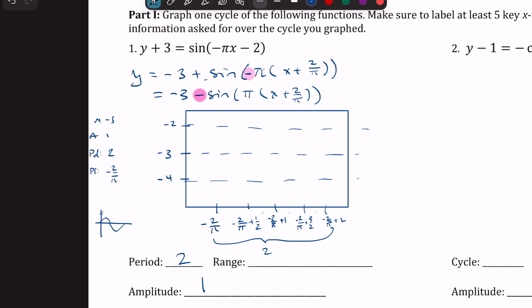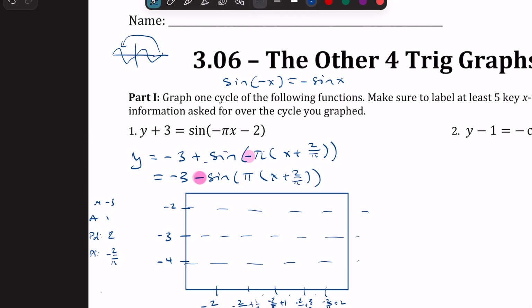If I reflect this sine right here, I would get something like that. If I reflect this over the y-axis, I get something that looks like this. So you can either remember this identity or just use your transformations and be like, oh, okay, well, that's